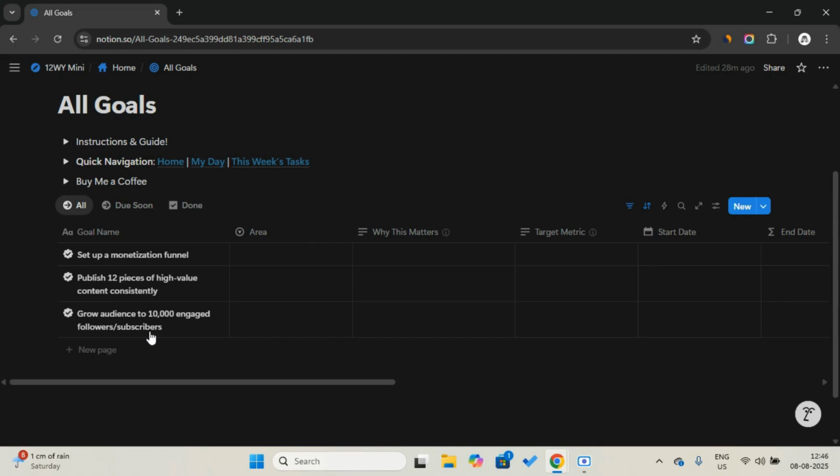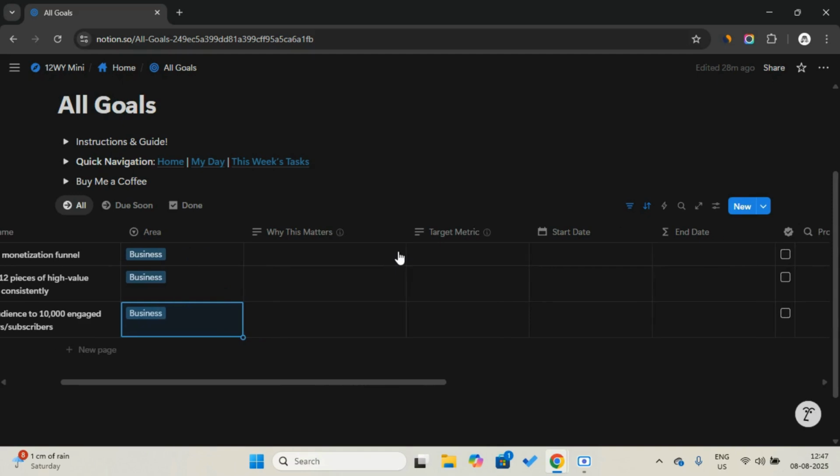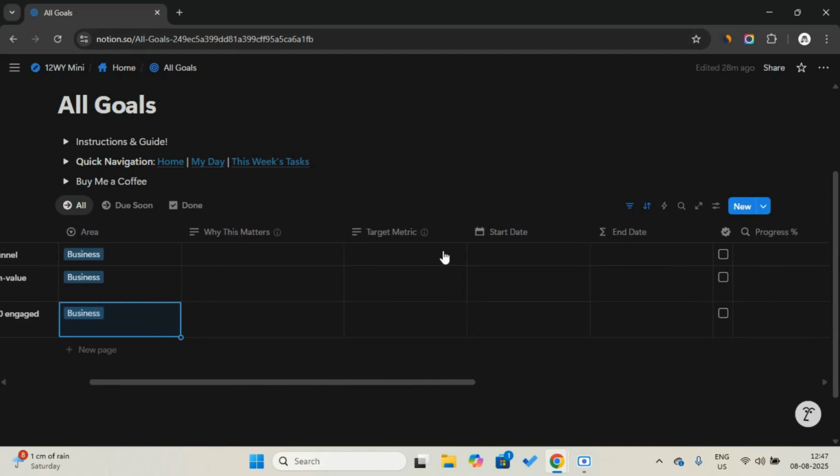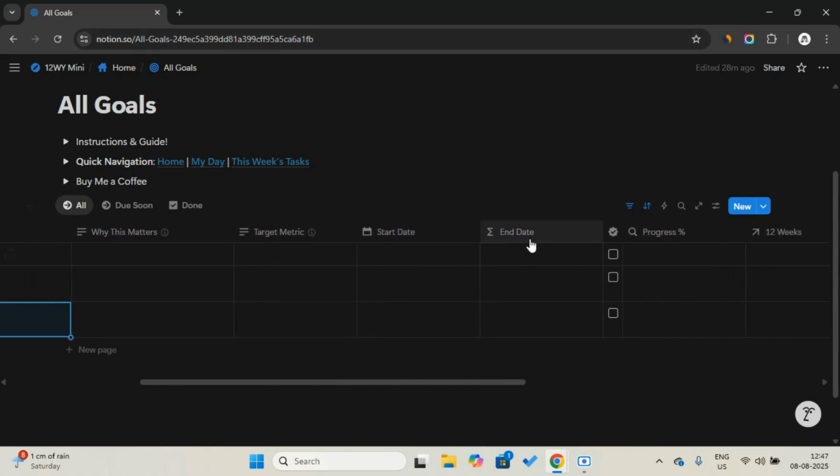Okay, long-term goal. And here you can set an area like business. It's all business, so just add business, and you can write why it matters right here, target metrics here, start date here, end date. The end date is created automatically, 12 weeks after the start date.